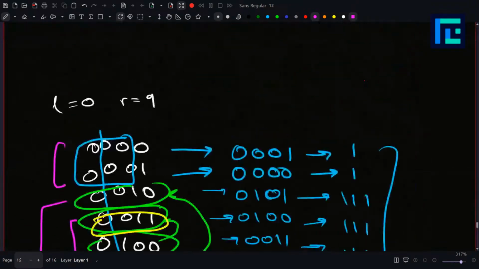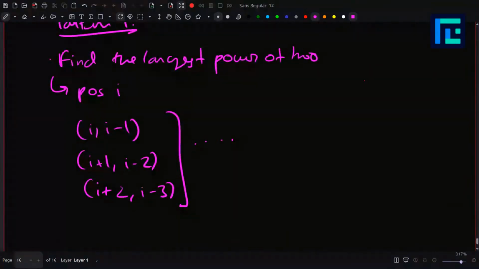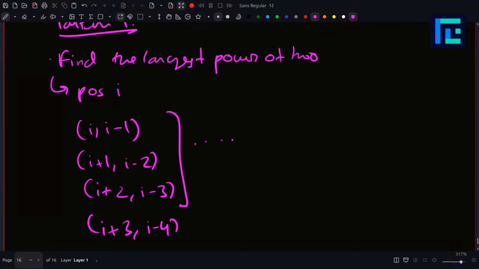Around the power of 2, we're trying to pair them up, right? So the value which is equal to the power of 2 will be paired with the value power of 2 minus 1. Power of 2 minus 2 will be paired with power of 2 plus 1, and so on, right? So it's like a mirror around that power of 2. So these elements will be paired